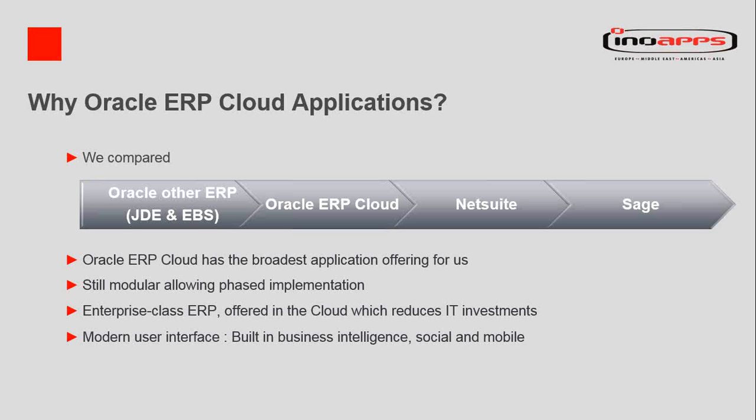We also recognised that we wanted a breadth of offering. We didn't want just to go and do an ERP solution. We wanted then to go and do a HCM fully integrated into it, HCM HR solution, and in time we then want to expand that and include other modules and other footprints as well. And we want something that's got a modern user interface. So a lot of investment, a lot of time, a lot of capability around business intelligence, social and mobile.